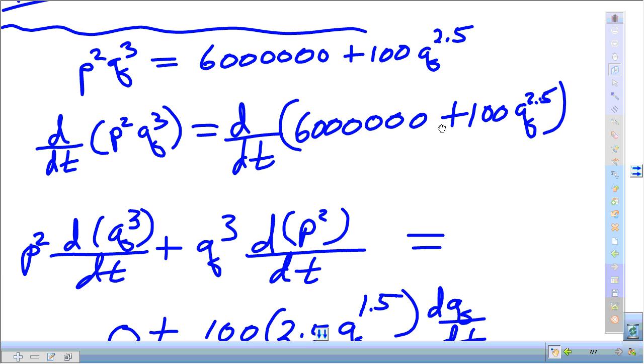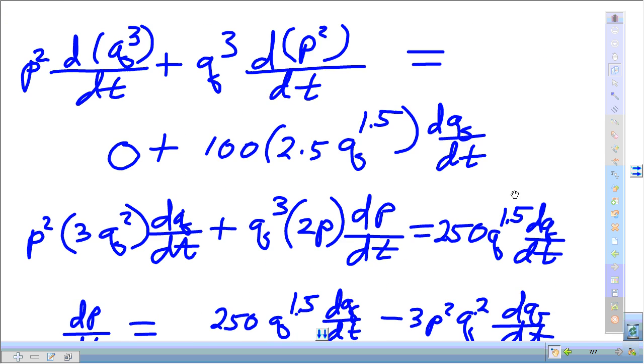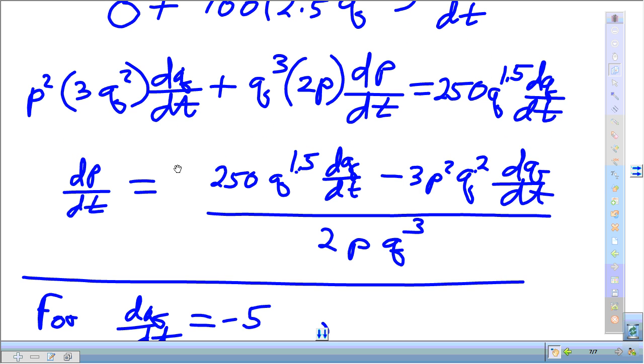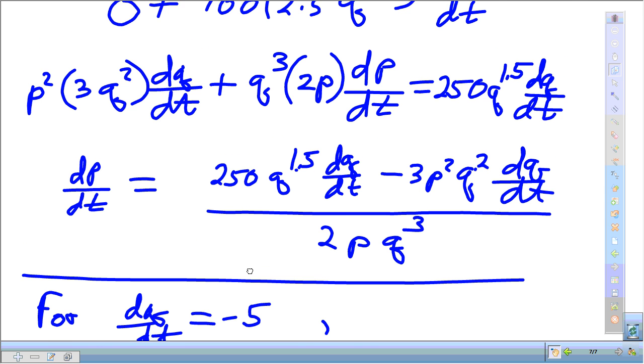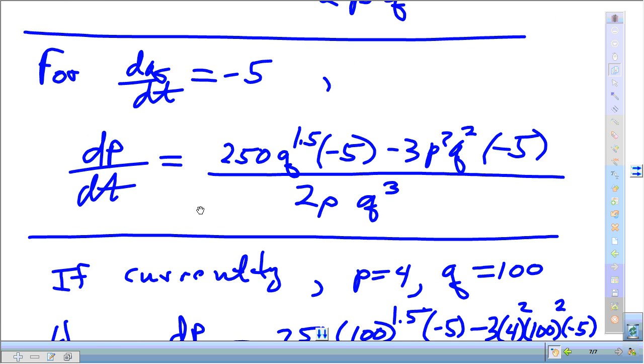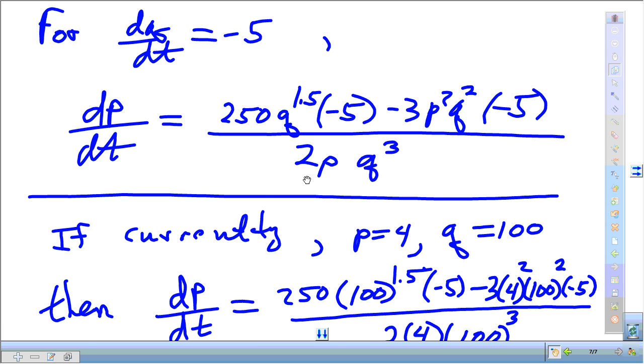So that's done in this implicit fashion. Derivative of left and right, all in terms of T. Whenever we get down finally to just the variable Q or P, we have a final derivative factor, derivative of Q in time, and derivative of P in time. So that sets up a relationship between the rates. And then we can answer questions based upon how things are changing in time and where we are at that particular